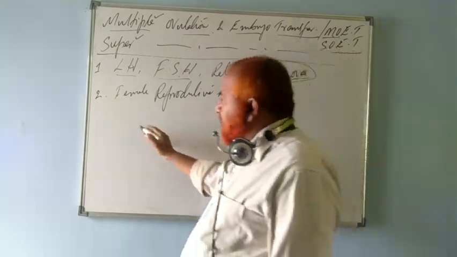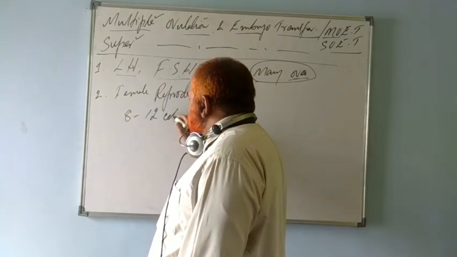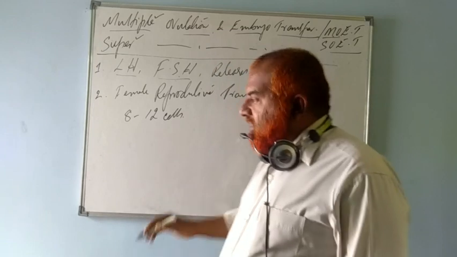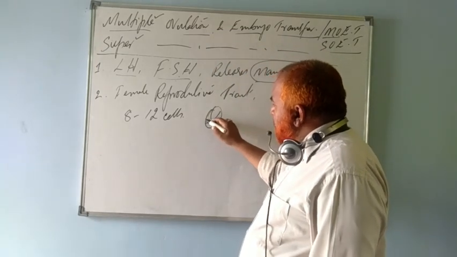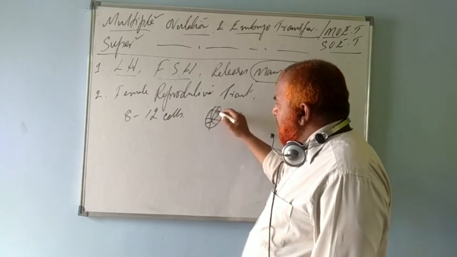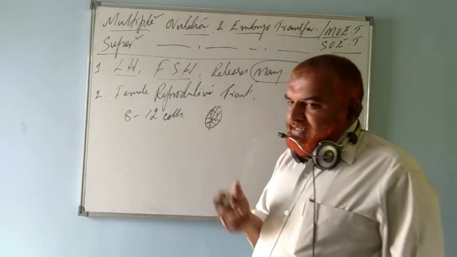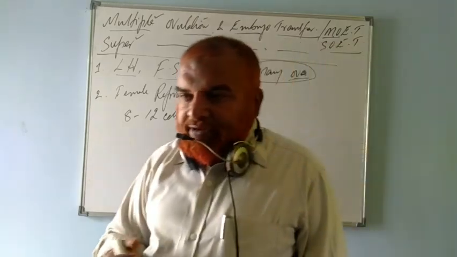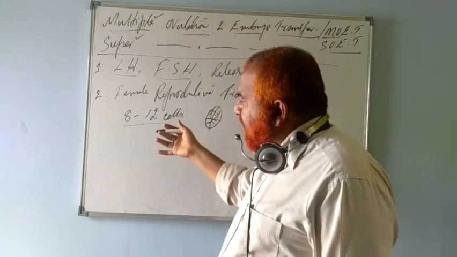When it undergoes fertilization, the embryo is formed around the 8 to 12 cell stage. For example, one cell, then it becomes 2, then 4, then 8, like this. So when it becomes an embryo, many cells are formed. A mass, a ball of cells, is what is known as an embryo. When it is formed at the stage of 8 to 12 cells, these embryos